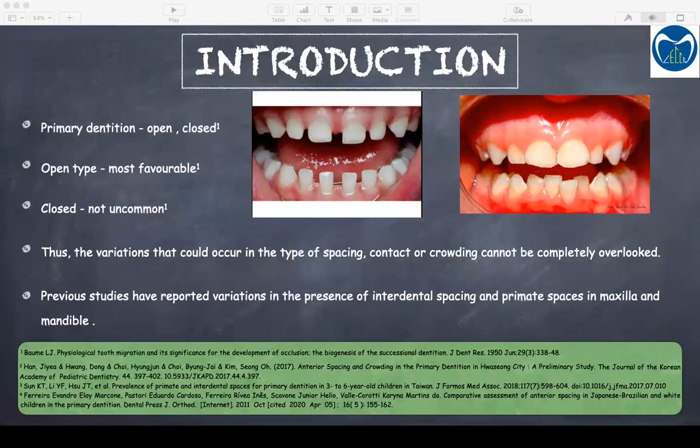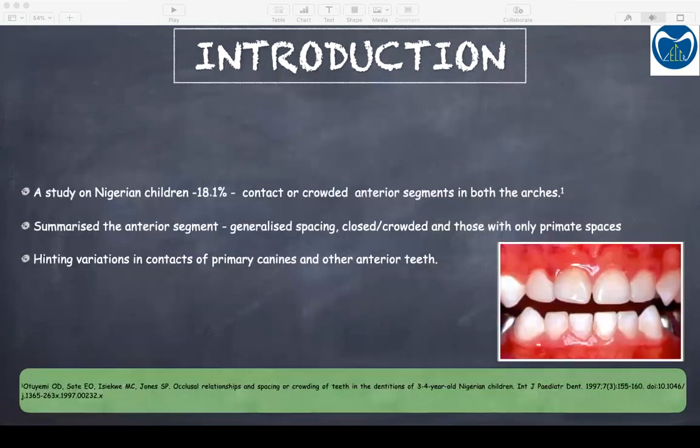Primary dentition can be an open or a closed type. Although open type being most favorable, it is not uncommon to find a closed type of dentition. The variations that could occur in the type of spacing, contact, or crowding cannot be completely overlooked. Previous studies have reported variations in the presence of interdental spacing and primate spaces being present only in maxilla or in mandible. A study done on Nigerian children reported 18.1% of them to have contact or crowded anterior segment in